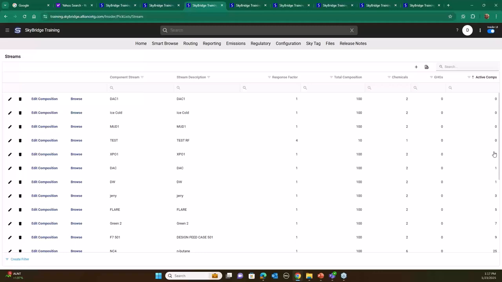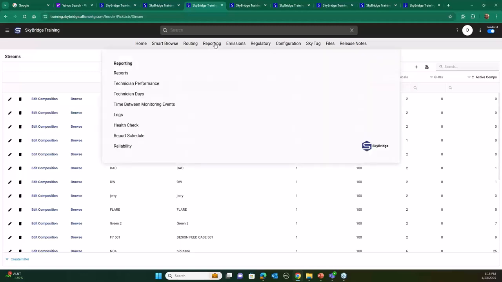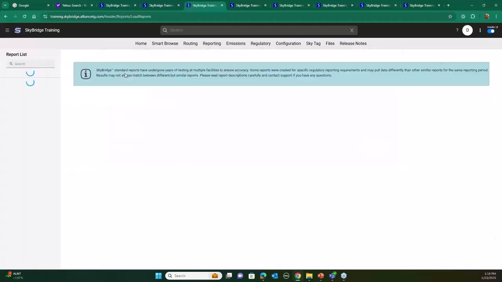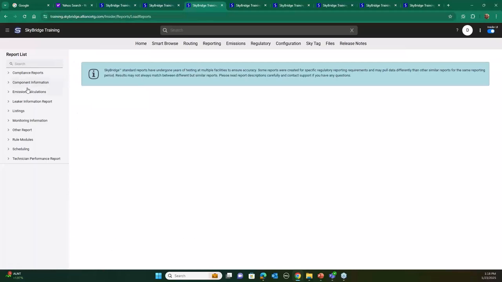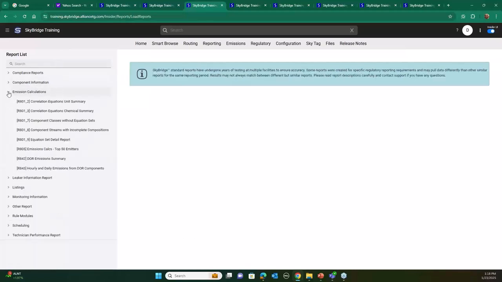And that may be the case. So, like I said, it's up to you. You can leave them in there or put them back. They're very easy to put back if you need to. But it makes the little pick list a little shorter when the technician's out in the field adding components and selecting streams. But if I go into reports here and I go under emission calculations here,